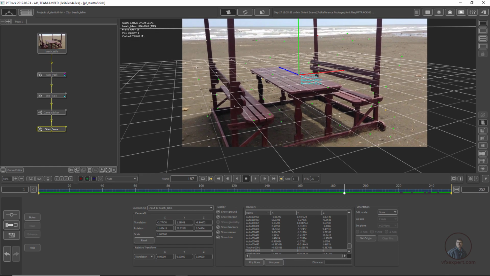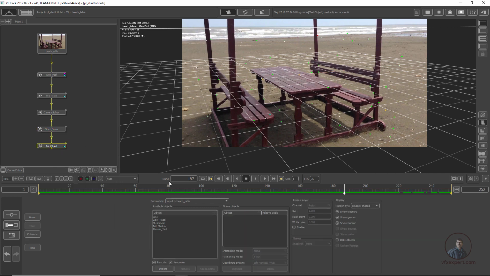If you want, you can test your scene a little bit. You can add your test objects. Right click on our scene orientation, then click on geometry, then click on test objects. Double click, then create any test object. Let's take a mushroom, then add it to the scene. By default it's added at our origin. Now I want to place this object here. In the downside test object parameters, under interaction mode, simply select place at selected features. After this you can select your points. So here we have selected.